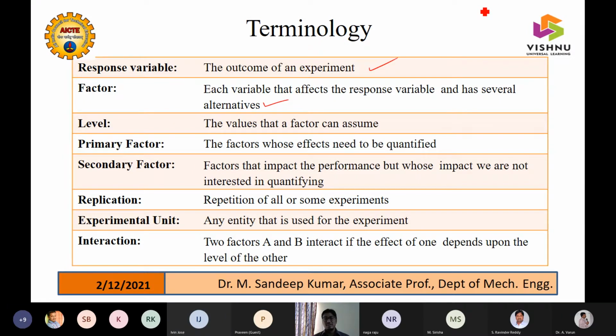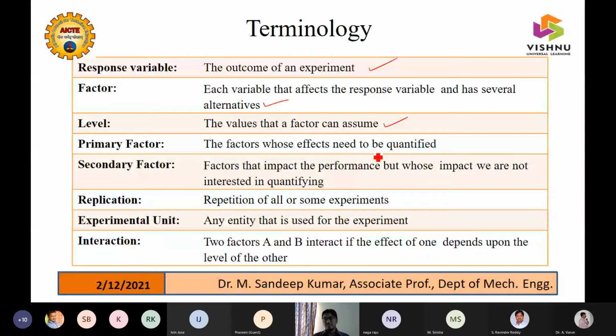So when you have a new terrain to explore, how can you say that anything is related with you? Yes, your predecessors or the journals you get may have done the same area of work, but for you, where you're entering is completely different. So that terrain where you enter the new thing, we'll be discussing a bit later after we see the terminologies. Yes, then the values that a factor can assume are levels. Then we have primary factors and secondary factors.